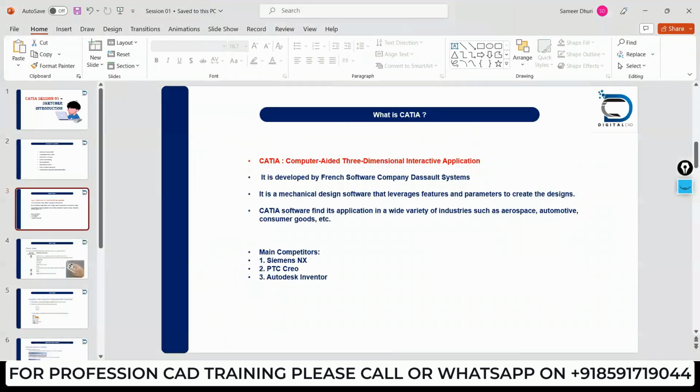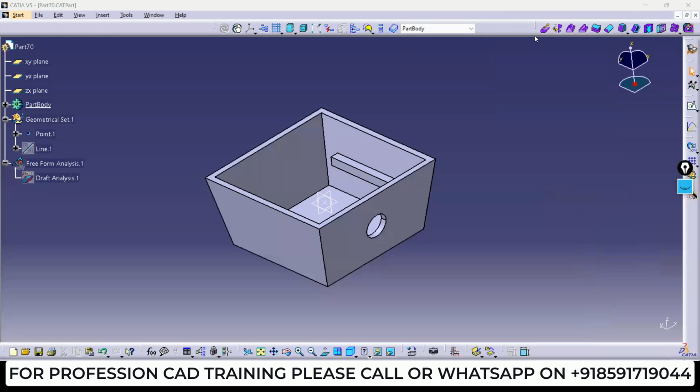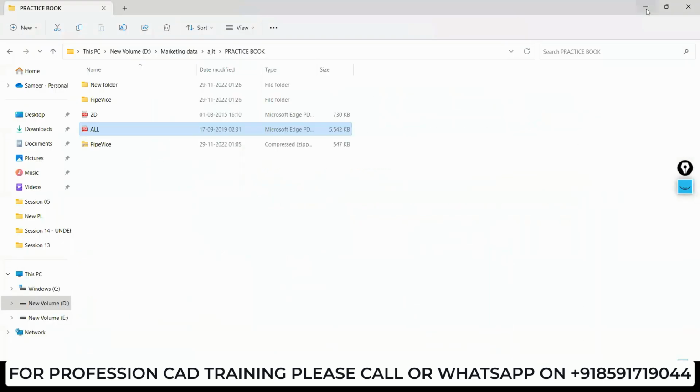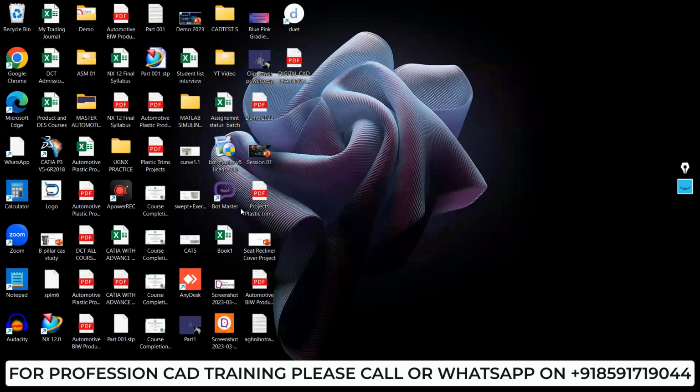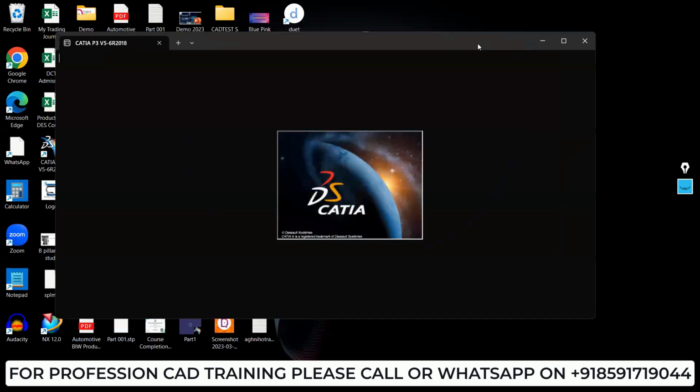First, how to open CATIA? If you have installed CATIA, you can go to the desktop and directly double click. You will find this icon; double click on it and CATIA will automatically open. Like this, simply you can double click and invoke the CATIA workbench,